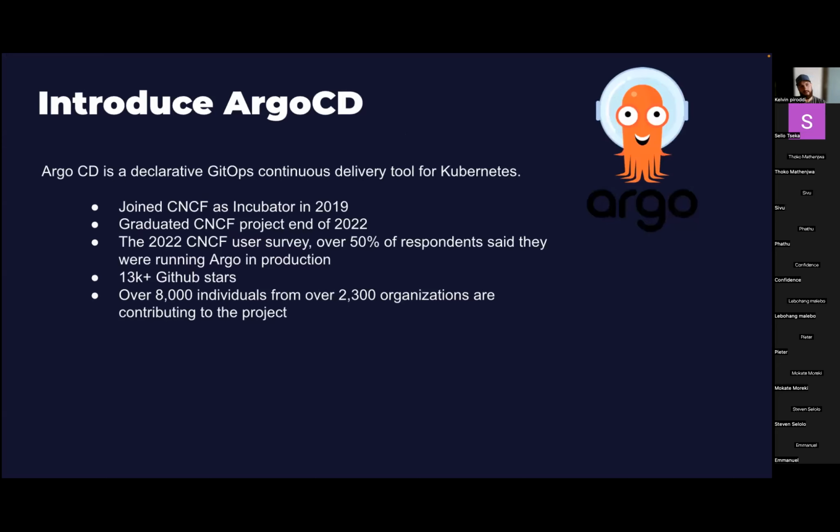So now that we know what GitOps is and why it works so well with Kubernetes, let's introduce ArgoCD. So ArgoCD is exactly what you said. It's a declarative GitOps delivery tool for Kubernetes. So I mentioned earlier that GitOps you can use with Terraform, Ansible, but ArgoCD is specifically for Kubernetes and how to get your Kubernetes resources, so your deployments, your pods, your services, all those things, from Git to your Kubernetes cluster.